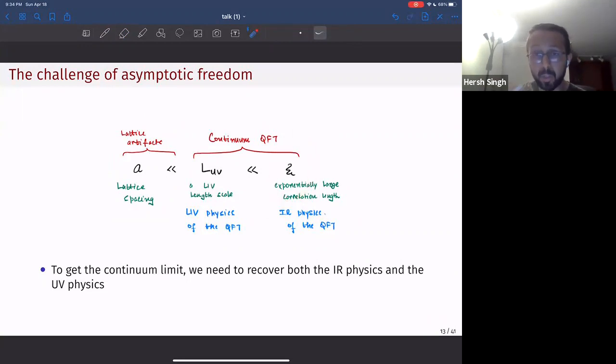But QCD is more than that. QCD tells you not just about the IR, it really gives you precise predictions about the UV. It tells you what happens at quark scales, where at these short distances the theory is supposed to be free, and there are very precise predictions. So there are all these scales, which might be exponentially larger than the others, that you have to get right if you want to get the continuum limit of an asymptotically free theory.